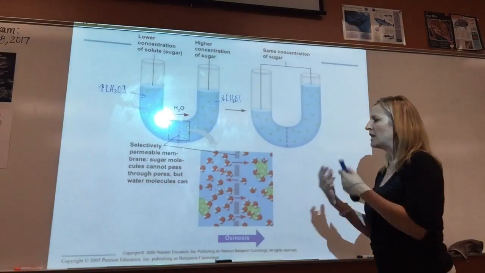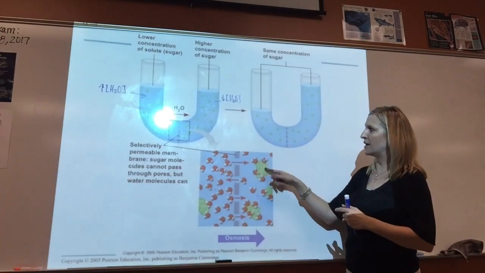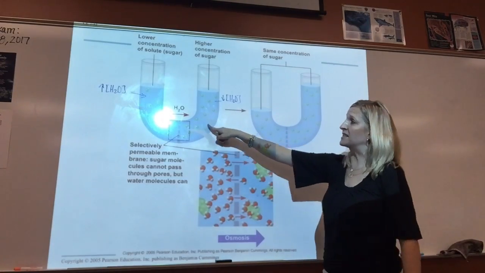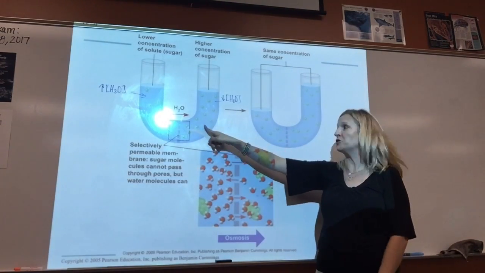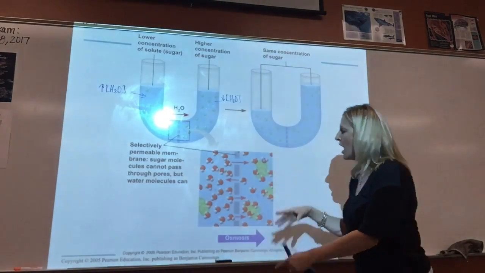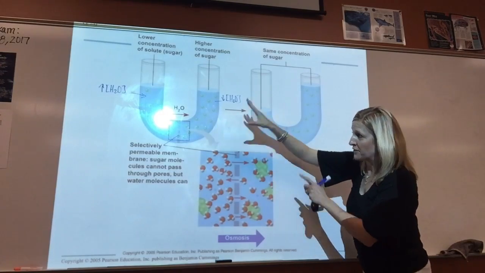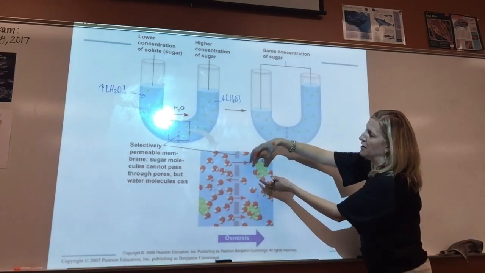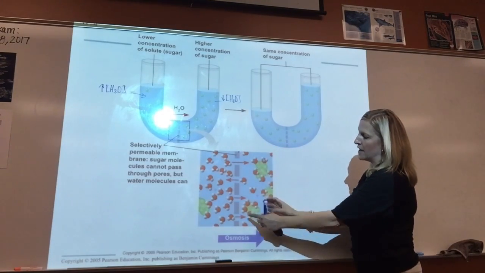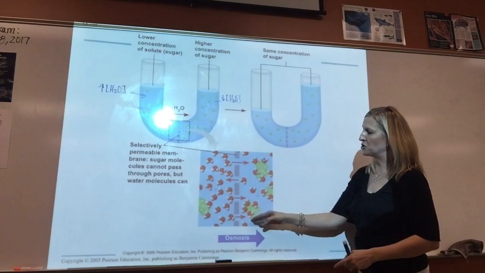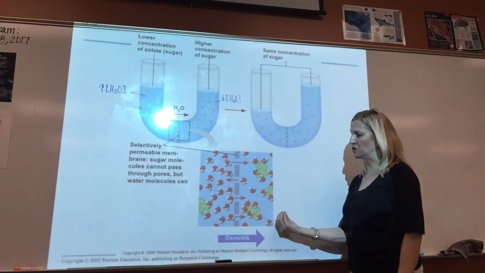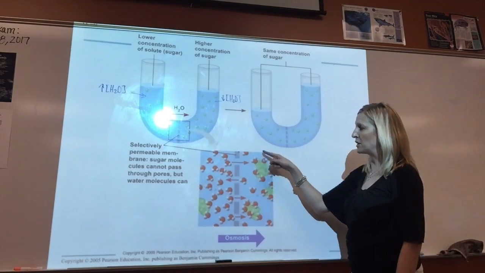So when you have a lot of sugar, like this side here has more sugar molecules, you might have the same number of water molecules. Let's say we have 100 water molecules here and 100 water molecules here. The concentration, though, is different because there's more sugar over here. And so out of those 100 water molecules, these water molecules are binding and surrounding your solutes, your sugar, which means then that a lot of them are tied up in dissolving the sugar, and there's less free floating around,